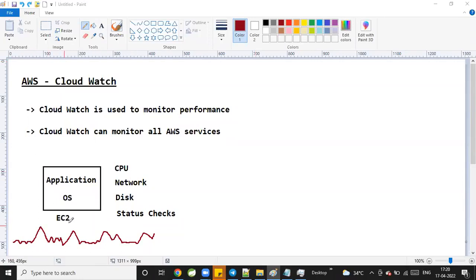Now, in that EC2 instance, we are using one operating system. Is operating system mandatory for the instance or is operating system optional? Mandatory for a computer. Without operating system, we cannot do anything. Operating system is mandatory for every computer. Inside that machine, we have an operating system. In that operating system, we installed some servers. Then, after installing the servers, we are deploying our